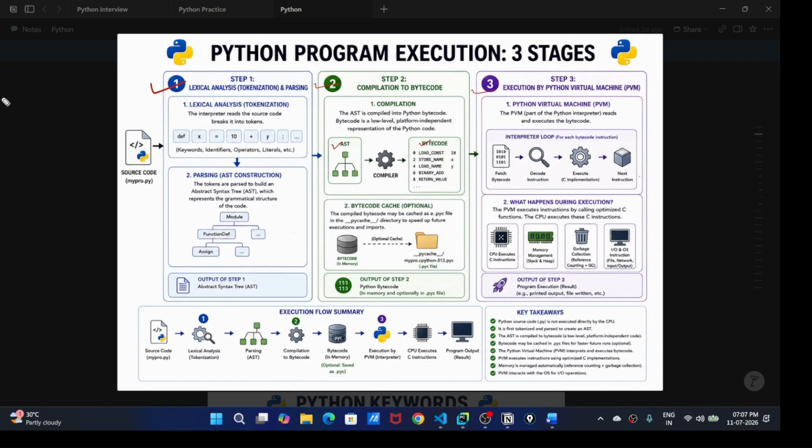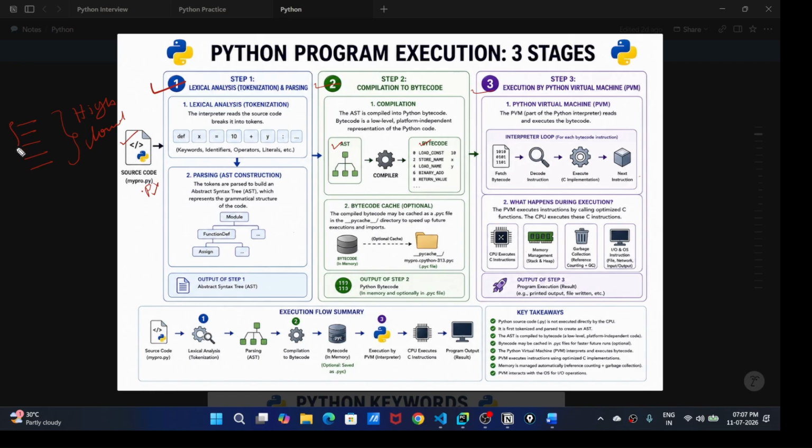So first point, suppose this is my source code file, a .py file. It contains lines of code, written in high level which humans can understand but machines won't understand.